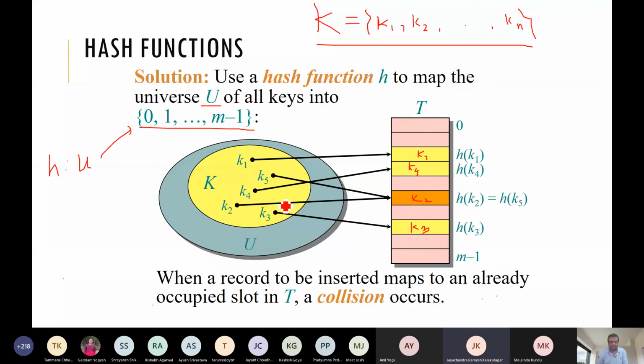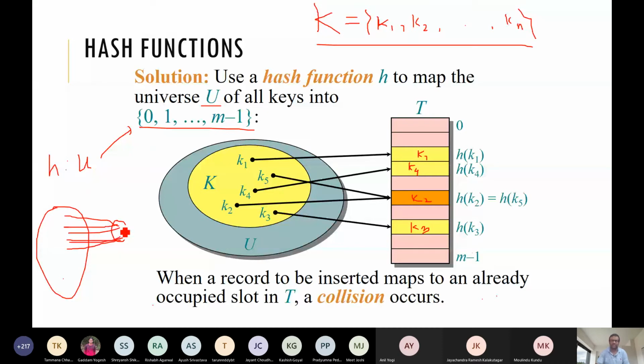Yes, because h is a function whose domain is big and codomain is small. So in this situation, we cannot have a bijective, or rather injective, mapping. Collision would be avoided if the mapping were one to one. But since this set is smaller, there has to be some collision.